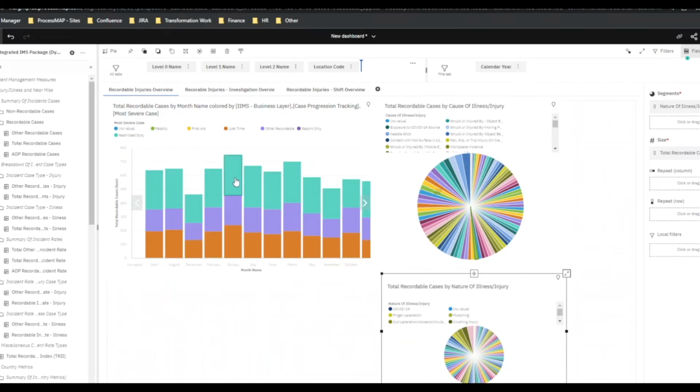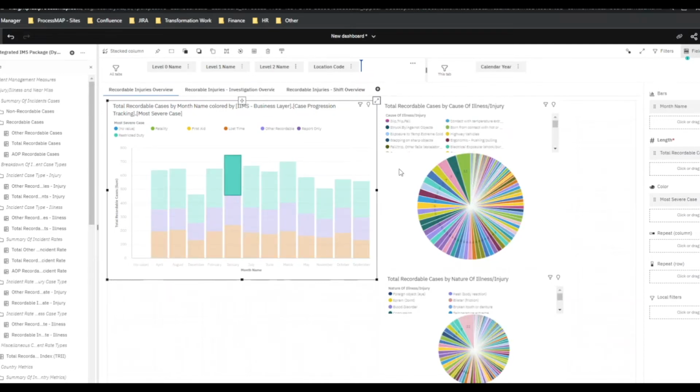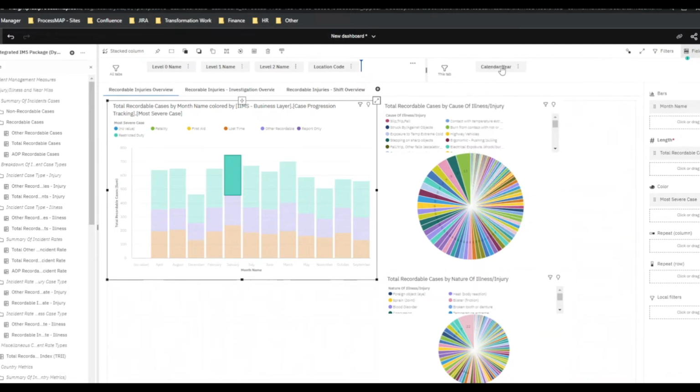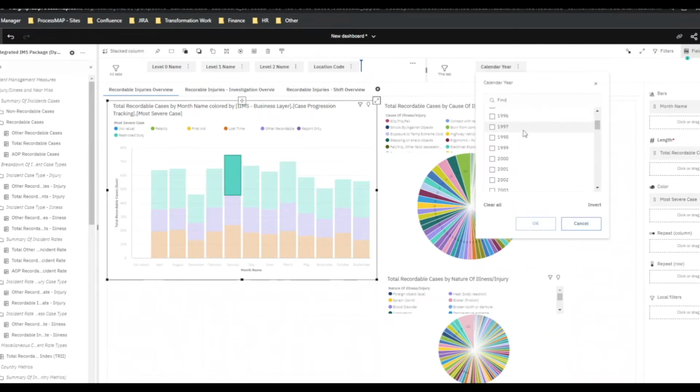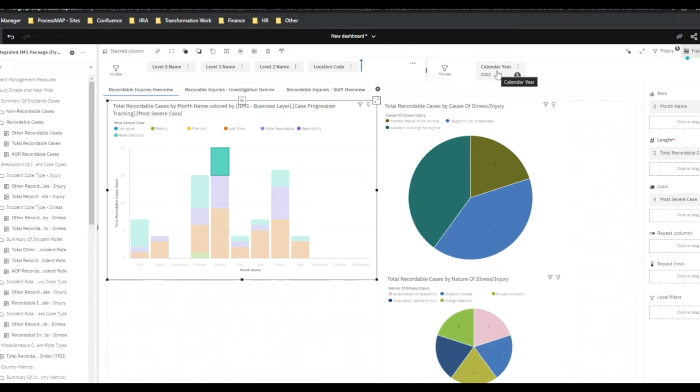So maybe I would like to see January's restricted duty cases only. If I click on that, this is now going to populate the different areas. Okay, again, there's still a lot of data here, so how can we filter this even further? If I click on calendar year, that's going to now populate this, and I can scroll down and find different features and years. So now if I filter this based on 2022, all data within this tab is filtered based on that year. You can also have the same feature